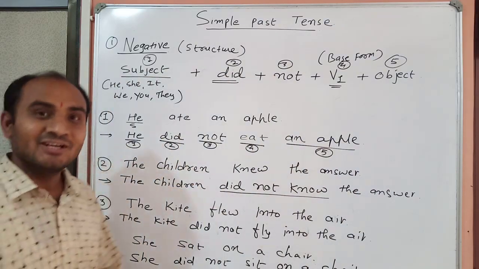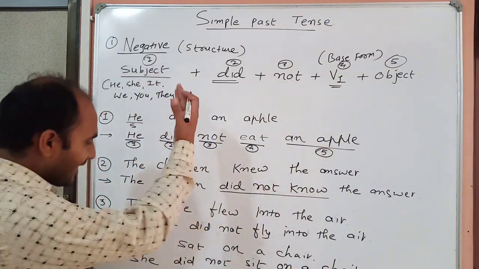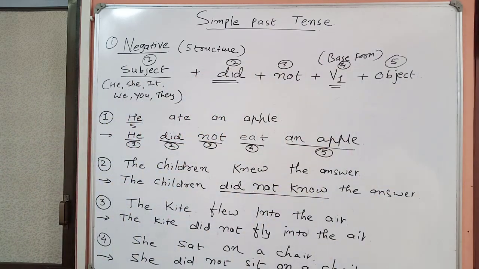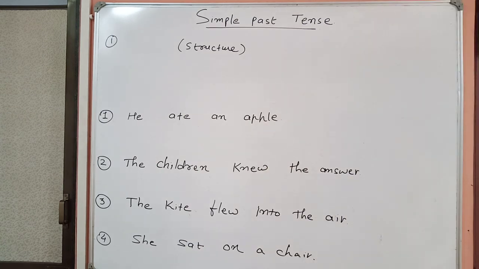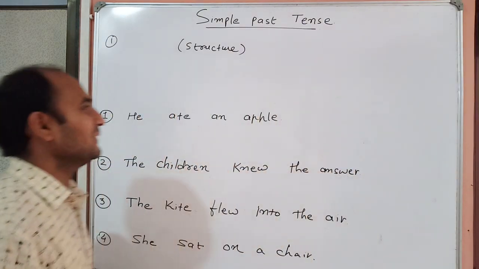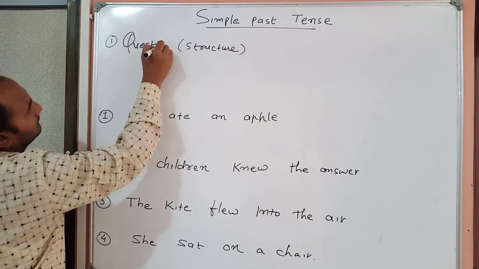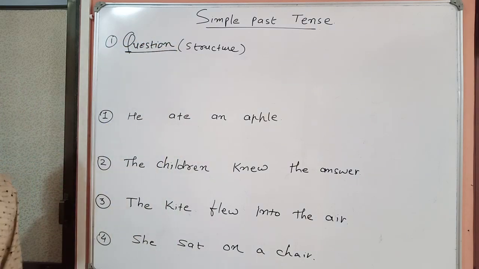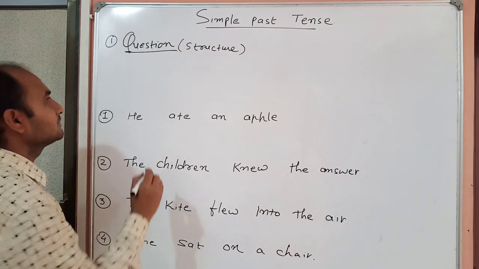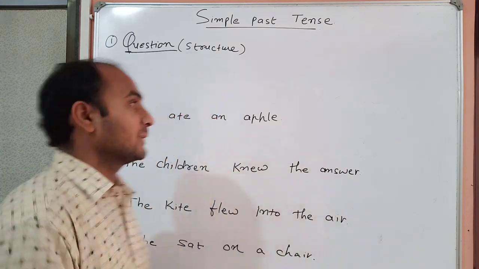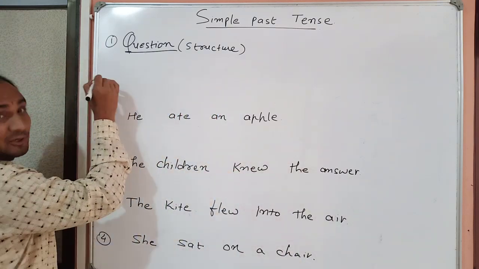Now we will discuss the question. You will revise and then we will start the question part. Hello friends, now we will discuss the question structure of the simple past tense. Here we have two structures, with WH and without WH. So first of all, without WH,